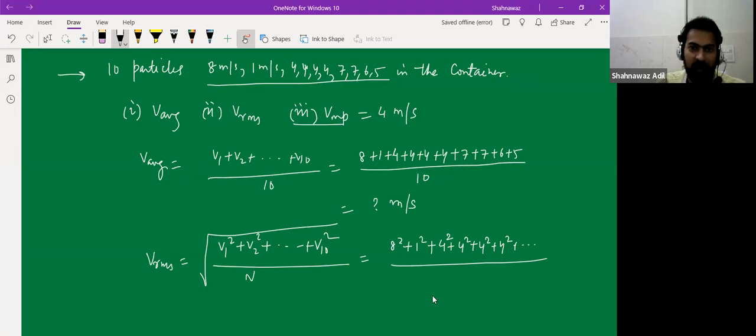But in this chapter, you have a system of particles, let's say gases, and gases are contained in a container. So we have to talk about the cumulative velocity of all these particles. So how can we do that? We can talk about the average velocity of those particles, or the RMS velocity, or the most probable velocity. So this I was talking about,